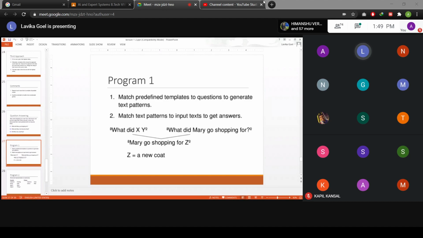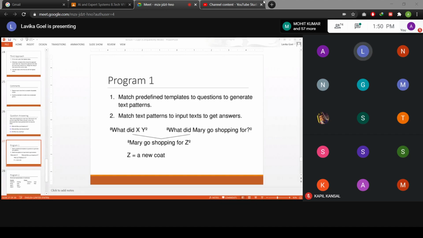The text pattern that you have generated is Mary go shopping for Z. And in the input text, you have already been given that Mary went shopping for a new coat. The only difference between Mary go shopping for Z and the input text is that instead of go, it is written went.